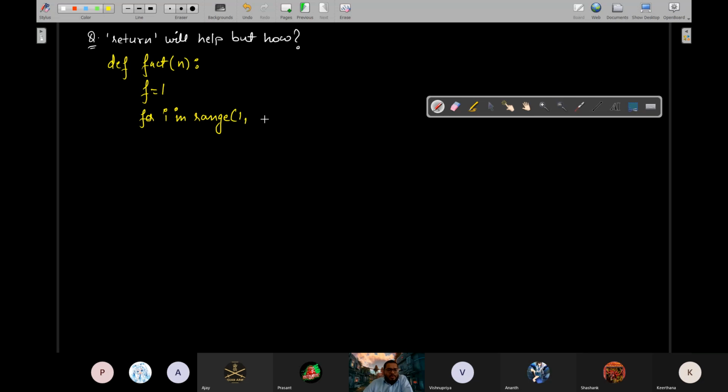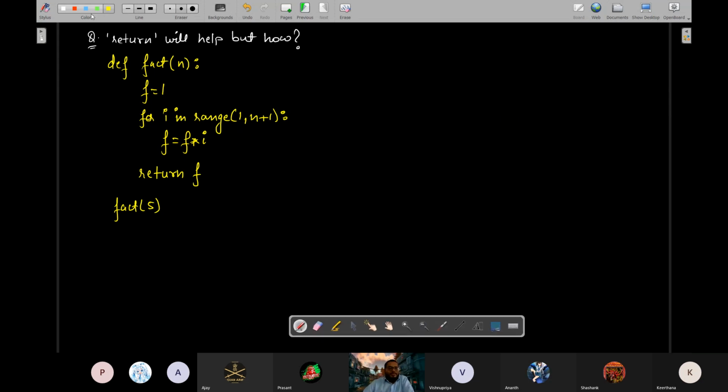Range 1 to n, and then the final value of f is your factorial, so that final value will be returned. Now what work will it do, we will see when we run it. Return f. So it is just like you will call this function fact with the value 5. Now what will happen? I'm dry running this program.